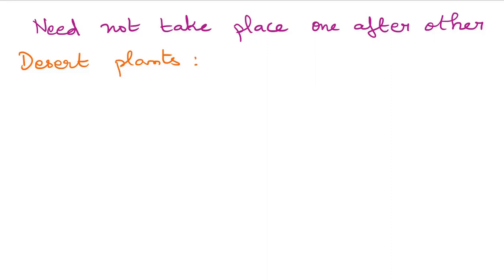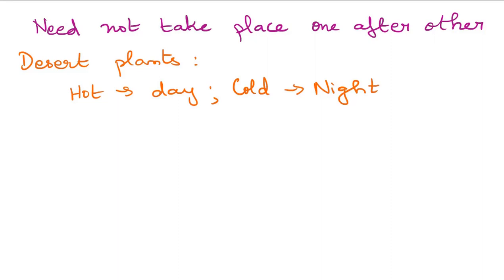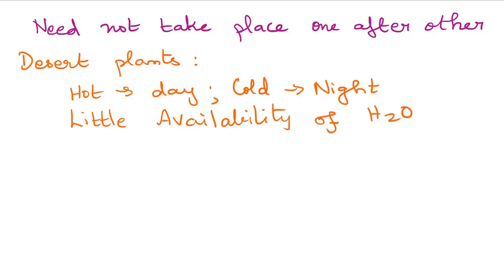The desert is extremely hot during the day and extremely cold during the night. And we also know there is very little availability of water for desert plants. And thus, in desert plants, the events of photosynthesis will not take place one after the other, but